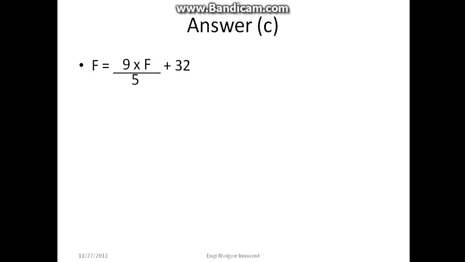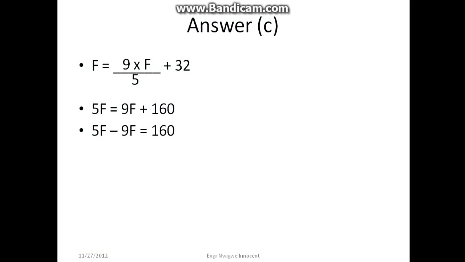Therefore we now have, if 5 should cross over to the other side, if 5 should multiply everything in the equation, we now have 5F is equal to 9F plus 160. Therefore,